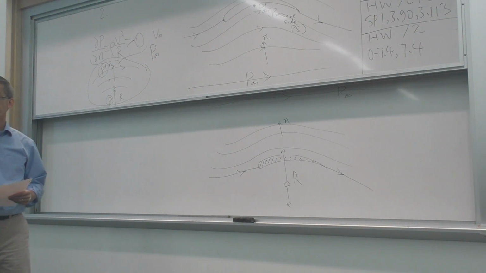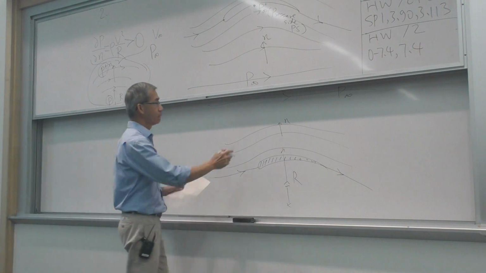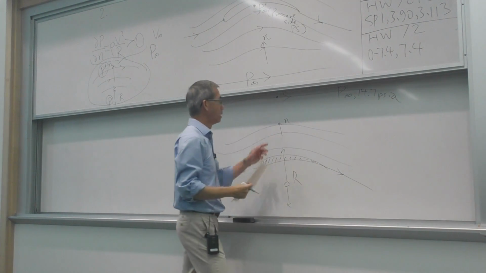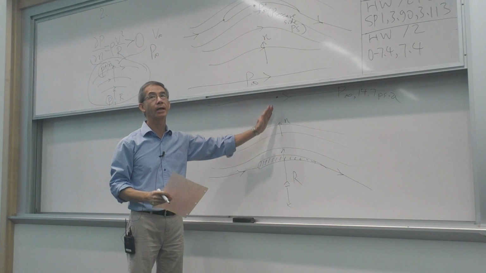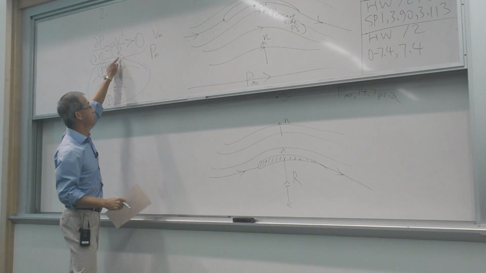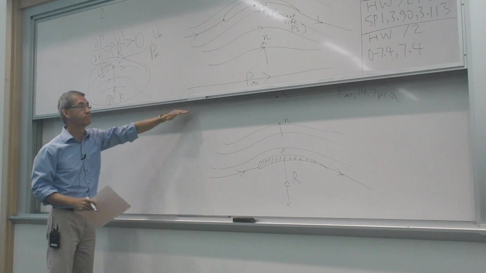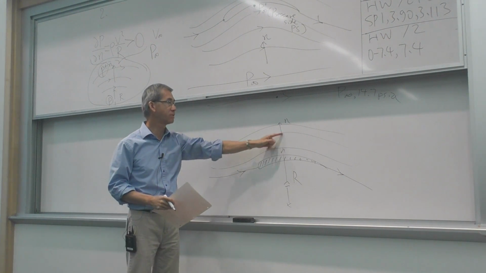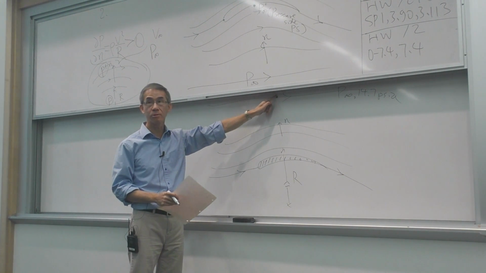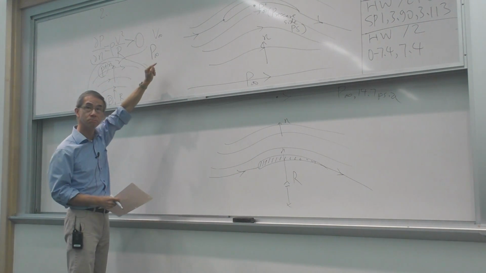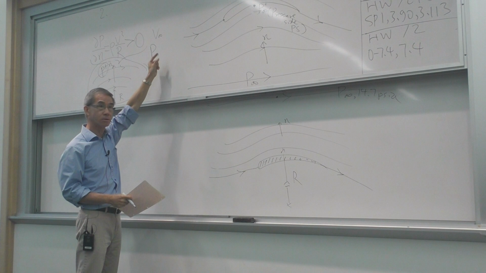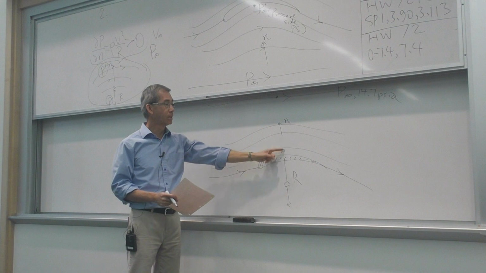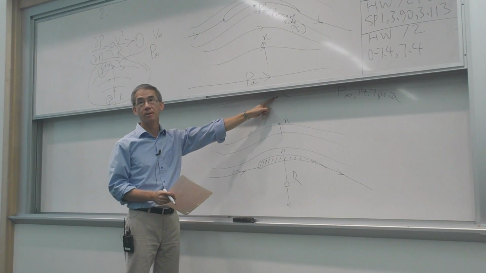All good? So if that's the case, and when I'm half a mile away, I'm at 14.7. And outward normal is pointing up. And according to this equation, the further out I am, the pressure must be greater, because as I march in the direction of positive N, pressure has to increase according to the Euler's equation. And how much increase is not our argument now. I don't care how much. I just want to make sure you understand it's increasing in the positive N direction until I'm so far away